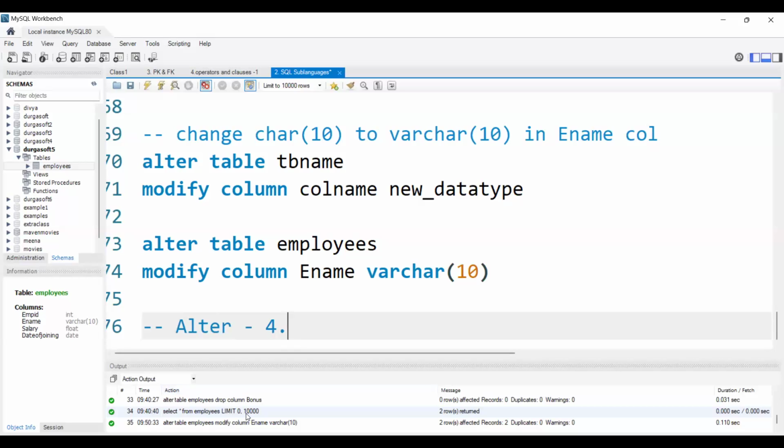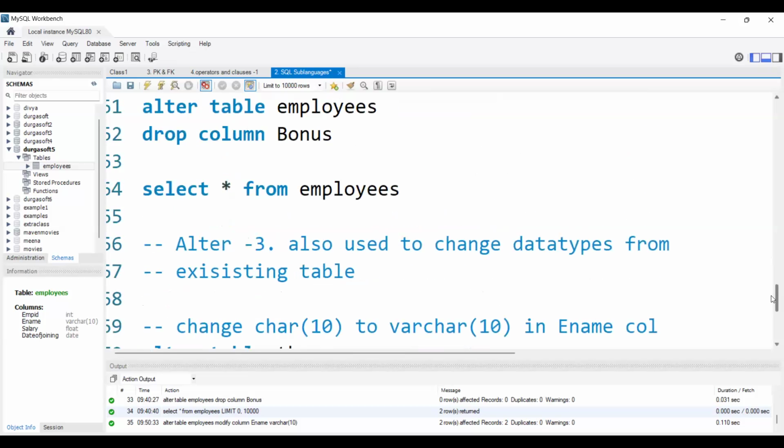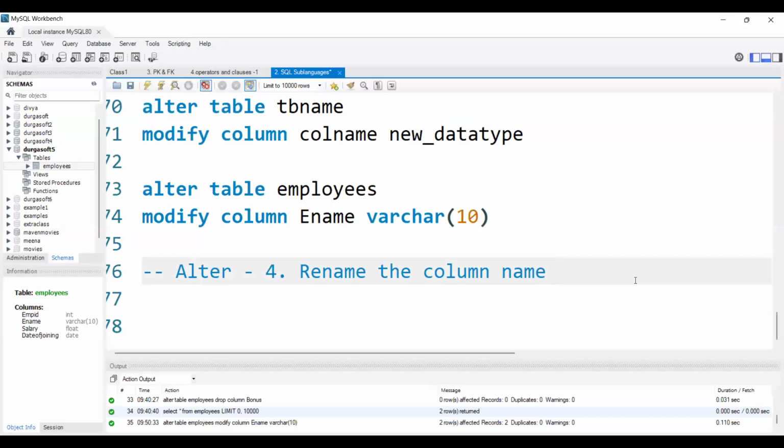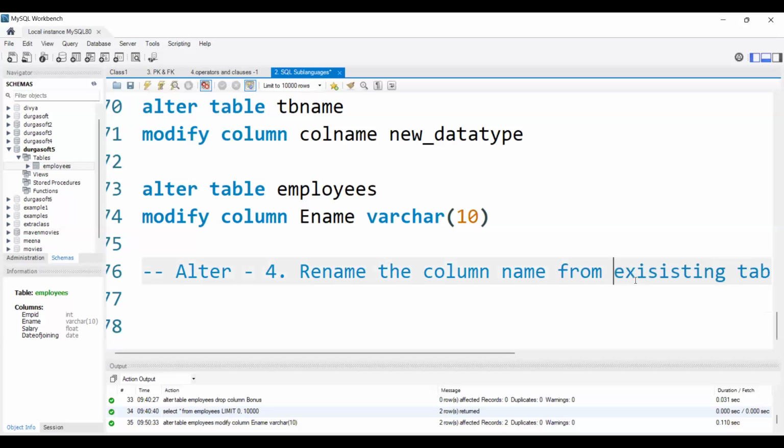The use case is that we can rename the column name from the existing table.